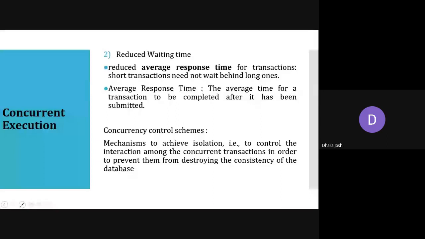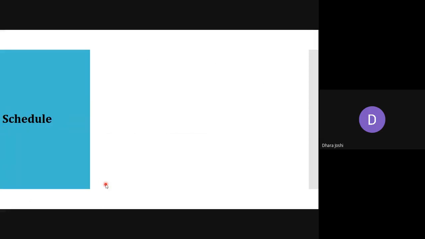It will not affect the other transactions which are running parallelly. That means controlling the interaction among the concurrent transactions in order to prevent them from destroying the consistency of the database. We have a separate chapter for these concurrency control schemes. We'll see it later.